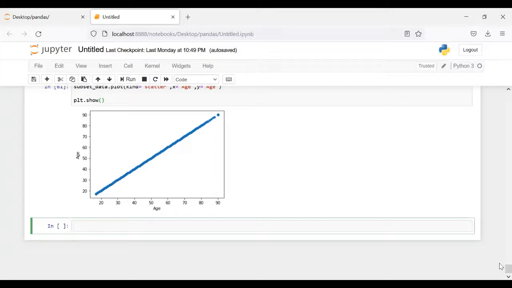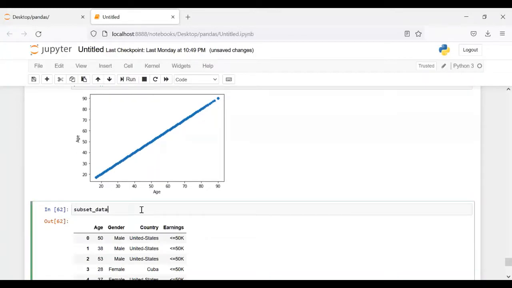There is a particular method provided in a series and also in data frames, which is the groupby function. This can help you a lot in your data manipulation. So this is how you use the groupby function. Recall that we created a subset data that looks like this last time. So if I use the groupby function,